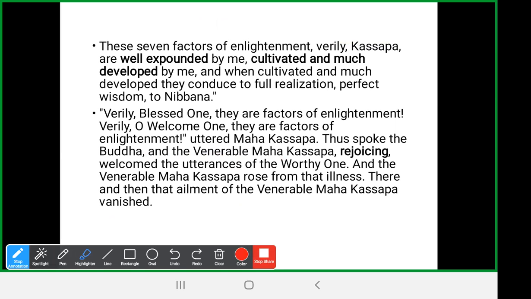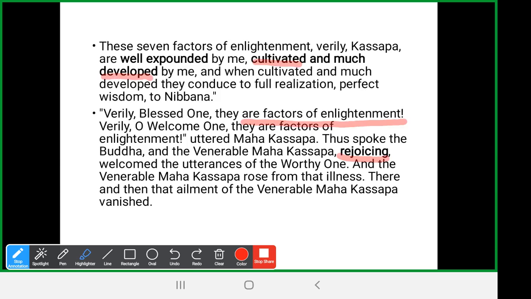When the Buddha talked about the 7 factors of enlightenment, at this sentence it means that Mahakassapa accepted the factors of enlightenment. When he accepted them, he also did the same thing. He also cultivated and developed them, because to cure the disease, he must arouse the factors of enlightenment. So after he accepted it, he also cultivated and developed it. And when he rejoiced,